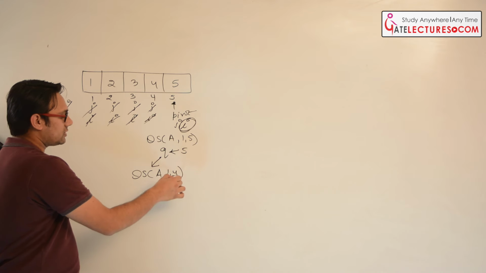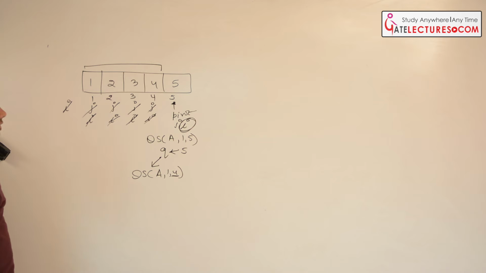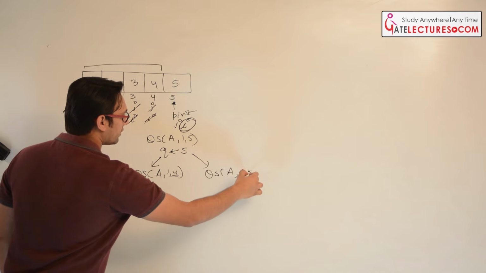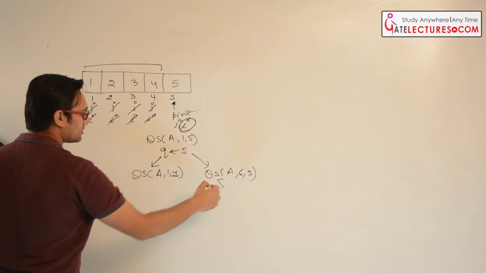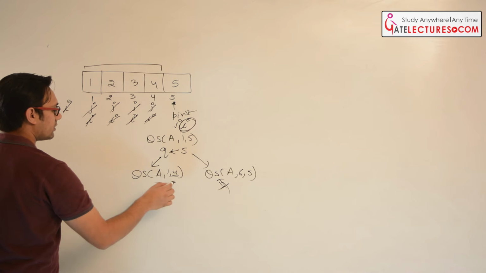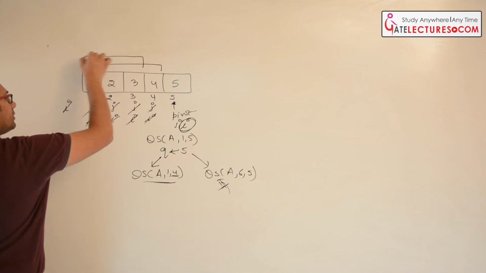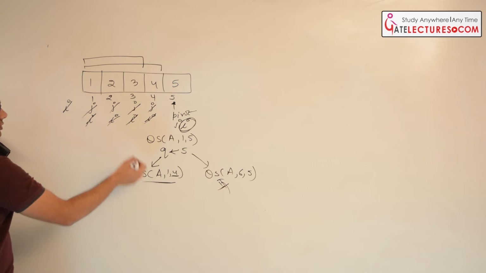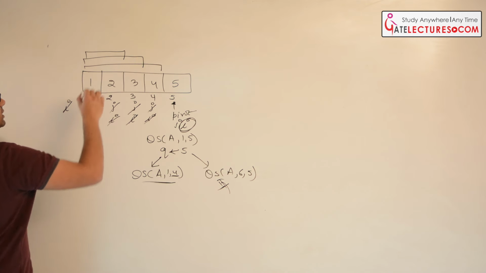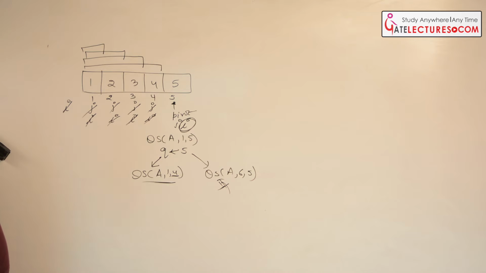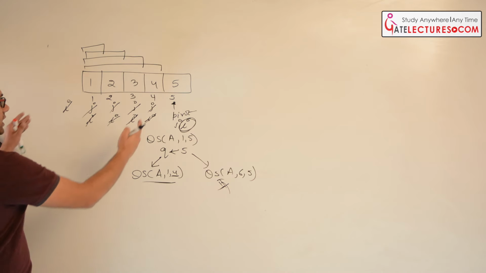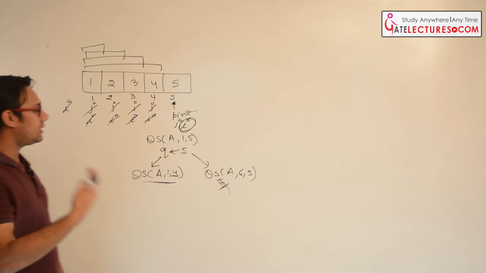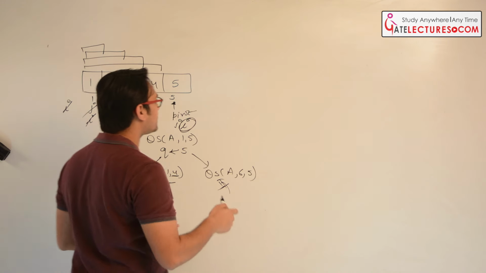Okay. Next time, we are going to apply quick sort on A[1, 4], and here we are going to apply quick sort on A[6, 5]. Again nothing will happen in this case, but here if you apply quick sort again, then the partition will be from this case, then the value of q will be 4 again. So next time we apply it, the partition will be here again, somewhere here. So every time after partitioning, the left array will be this and in the right array nothing will happen in this case. Fine.